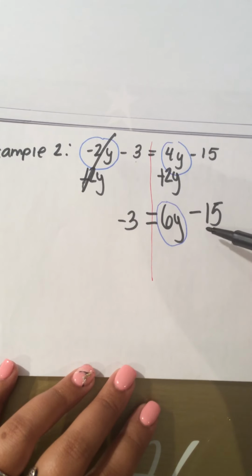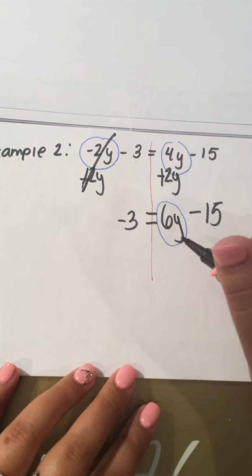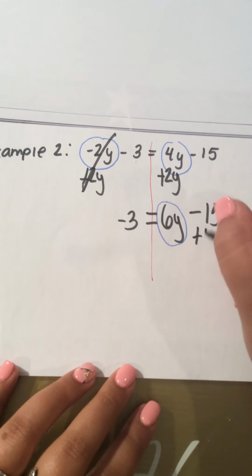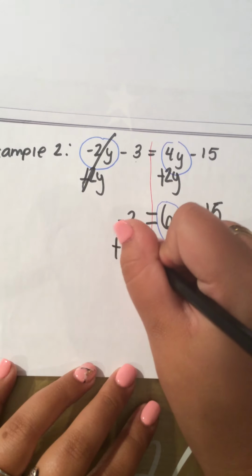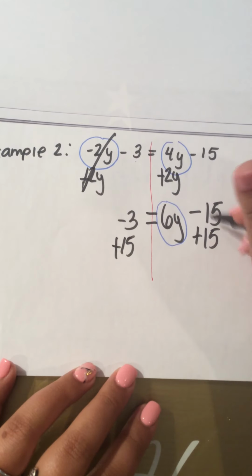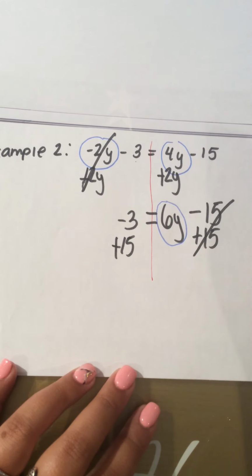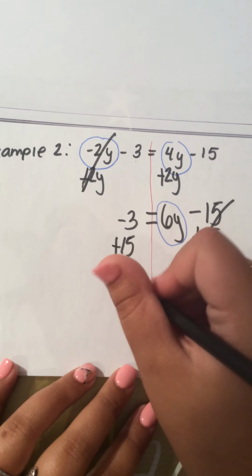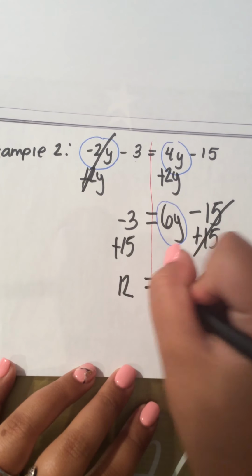And then I have a negative 15. And I'm going to get rid of this because I need this y by itself. So I'm going to add 15 to both sides. When you add 15 to both sides, on this side it cancels out, goes bye-bye. Negative 3 plus 15 is 12, and that's going to equal